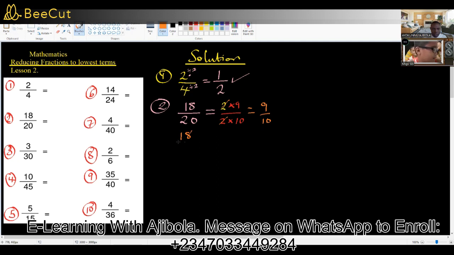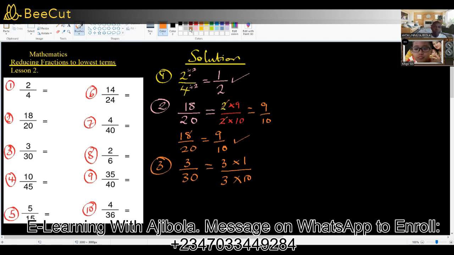So 18/20 to the lowest term is what? 9/10. Is that clear? Good. Let's go to the third one. Number 3, we have 3/30. Now, if you see this, 3 times 1 is 3. Then 3 times 10 is 30. So, if I cancel out the 3,